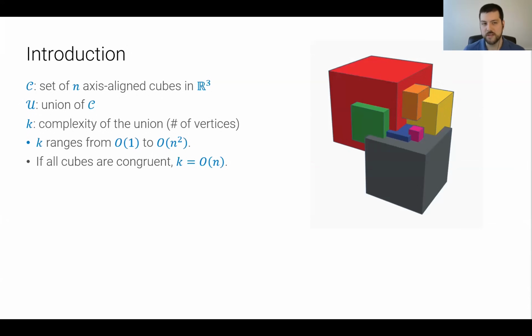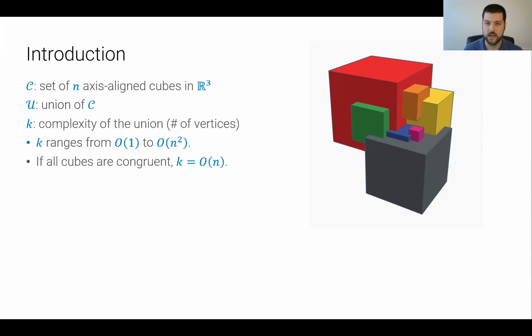So in this problem, we have a set of n axis-aligned cubes in 3 space. We'll denote that set by C consistently, and we'll denote its union by U. We'll count the complexity of this union by the number of vertices on that union, which we'll denote by K. And this union complexity, as we'll see, is closely tied to the partition size of the complement. And it ranges from constant, say in the instance where a cube contains all of the other cubes, or up